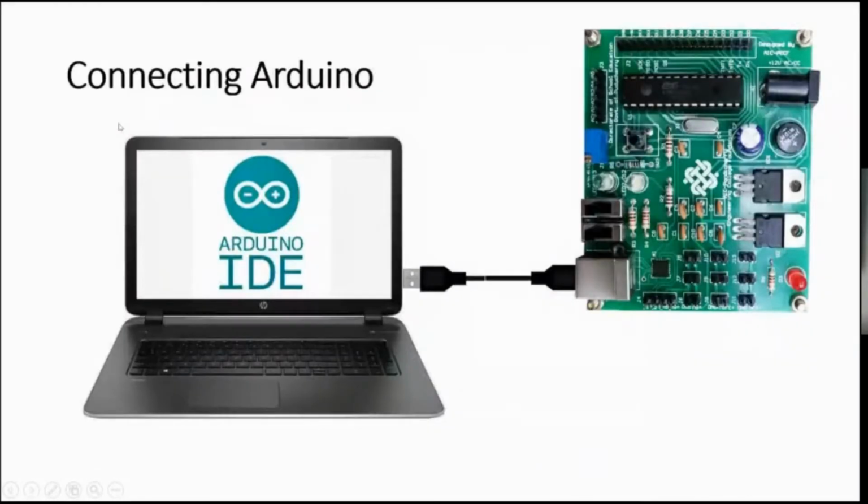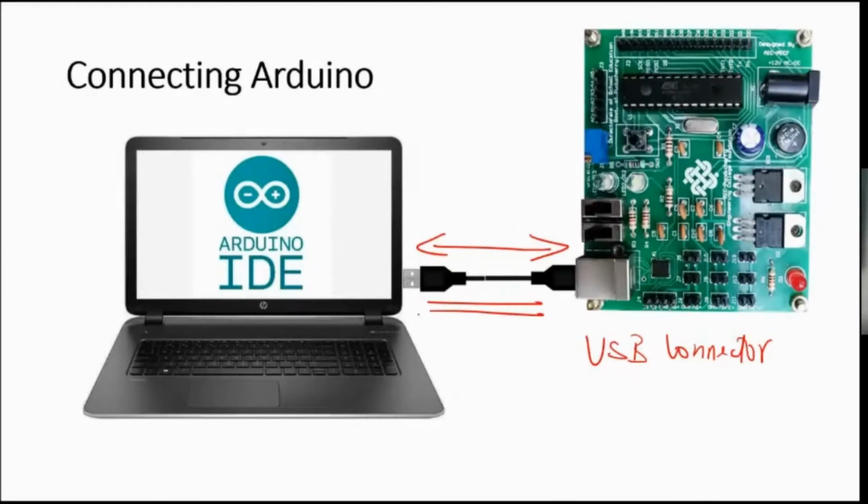Connecting to your IDE means you take this Arduino board and interface it with your computer via USB. So here is my USB connector. You take a USB cable. One end of the cable goes to the PC or laptop side. The other end is connected to the board. Just like your laptop detects a pen drive or any thumb drive, this board would be automatically detected by the operating system. That is the first part, connecting your board with the PC or laptop.